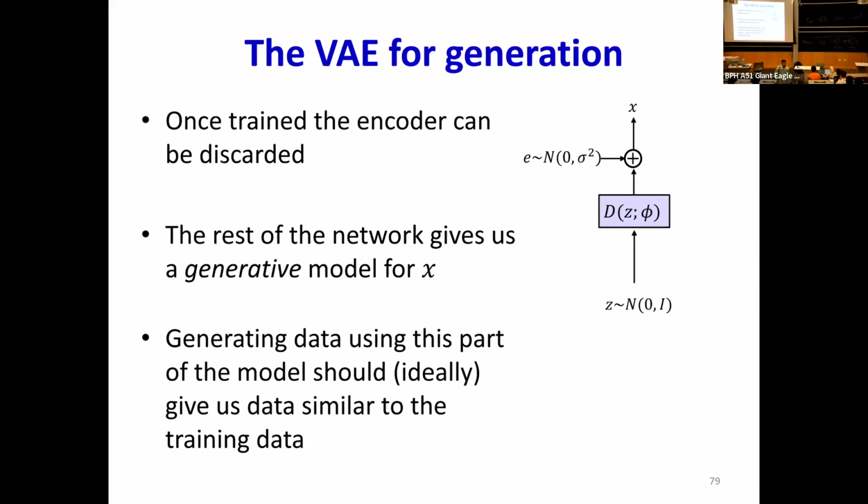And thereafter, you could sample any z from the standard Gaussian, pass it through the decoder, and the output would look like something from your target class, say a face, right? And so this was your decoder, right? And the reason we needed the encoder was that in order to learn the decoder, you needed to know the z for every x. And you needed to constrain some of the z. But once the model has been trained, you can throw the entire encoder contraption out, and just the decoder with the z's is going to give you a generative model. Okay?